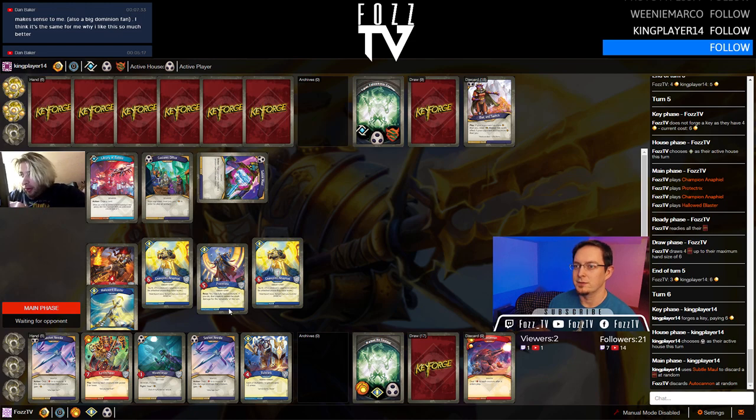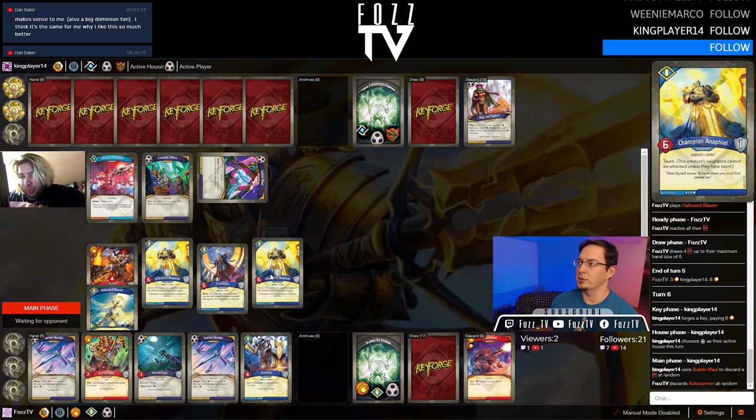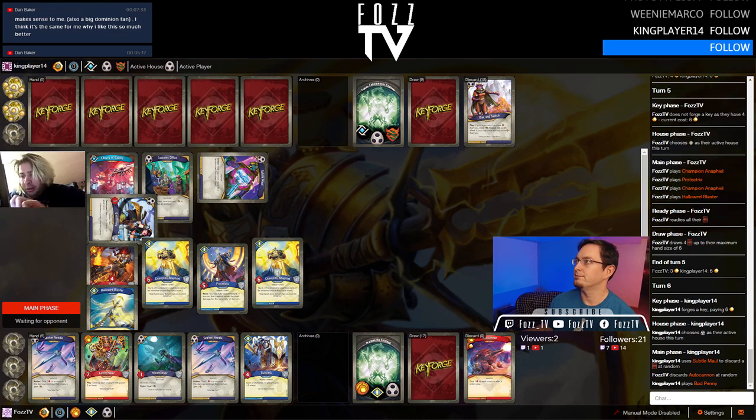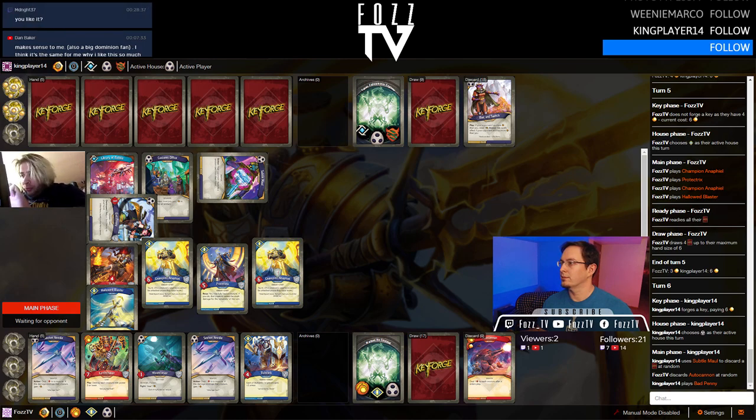Right. For example, these guys have an ability called Taunt, which means this creature has to be targeted first for a fight before the creature next to it. Bat Penny, when she is destroyed, goes back to my hand. I'm going to play Urchin, which when played...